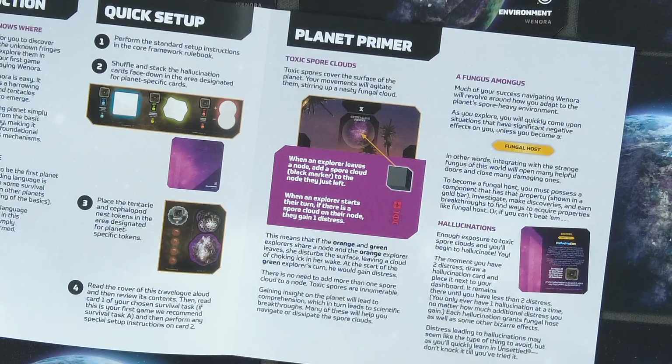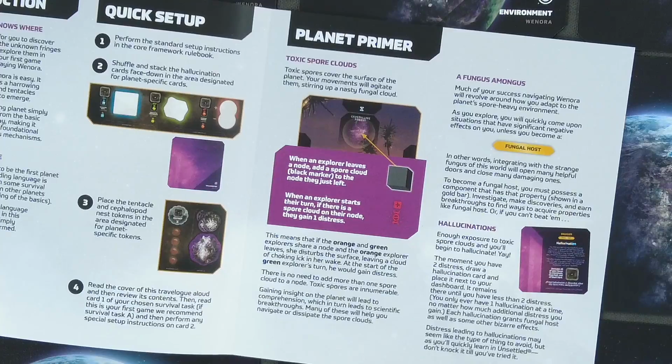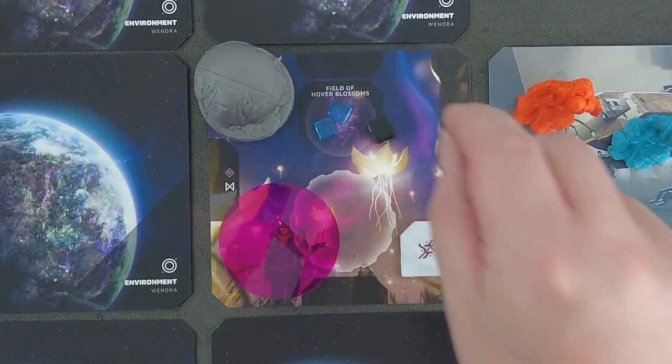I was really checking if it really needs to be a move action or a traverse action, but your movements will agitate them, stirring up nasty fungal clouds. So we are moving too heavily, which sets all these spores free. So in this case, yes, we do have to